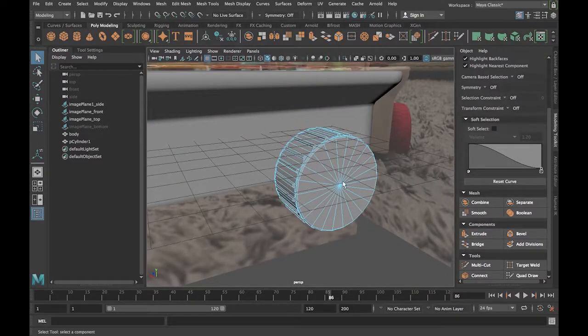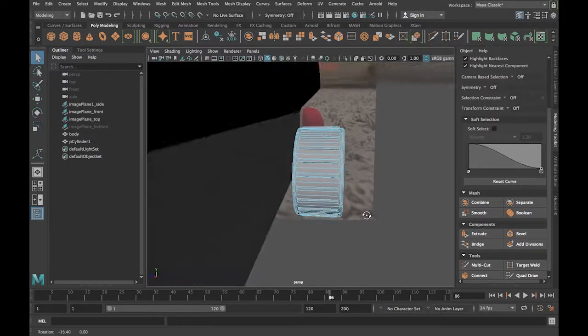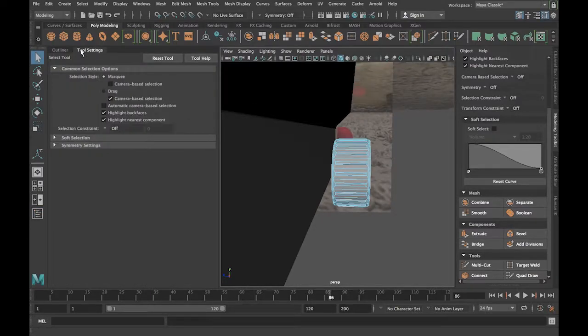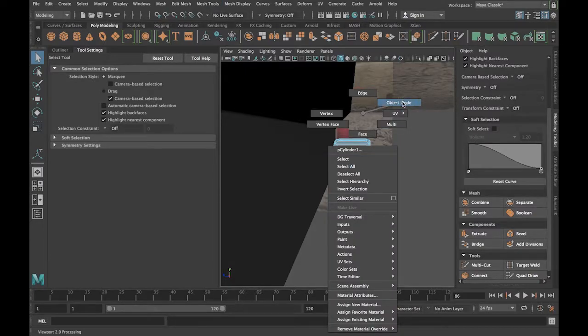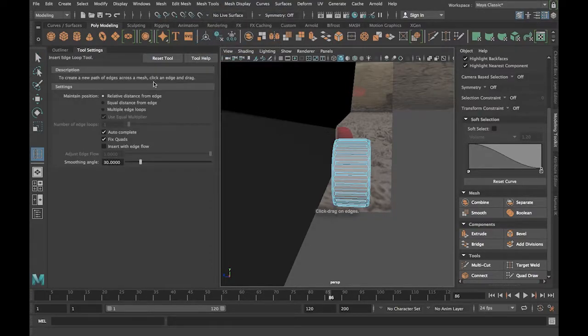The way I'm going to do that, and right now my grid is kind of getting in the way of being able to see what I'm modeling, so I'm going to turn the grid off just by clicking this icon here. And what I'm going to do is insert an edge loop into my wheel. Let me make sure I'm working in object mode. And this time I do want to use this equal edge loop thing. Stick one right in the center of my wheel. And then